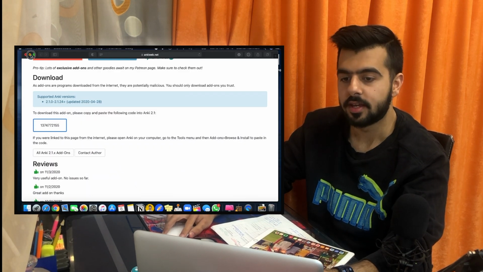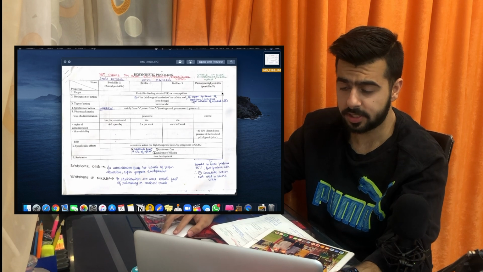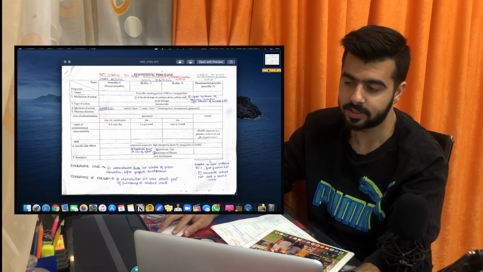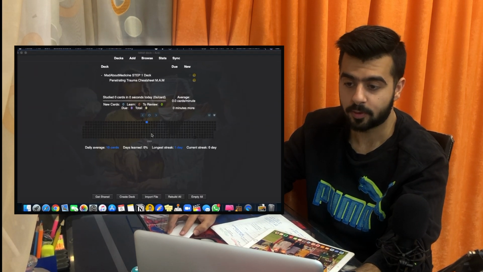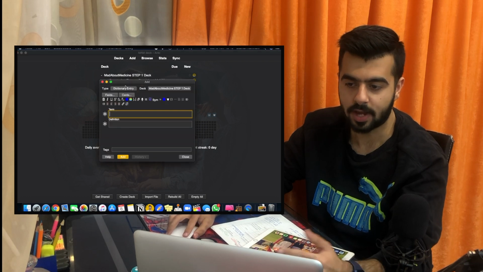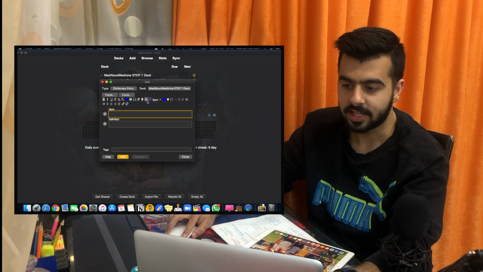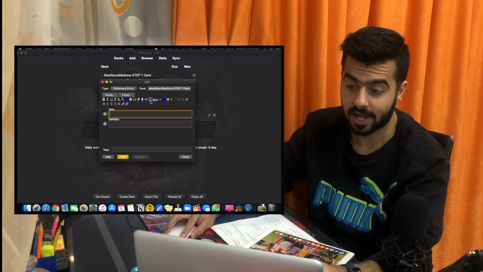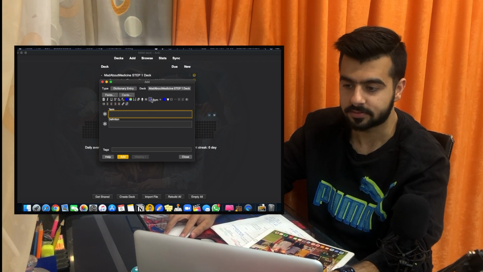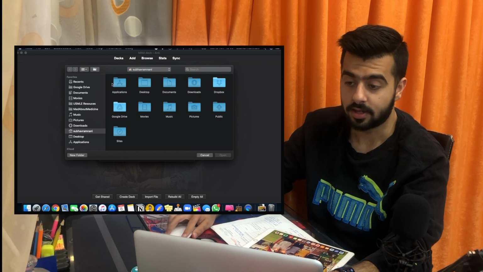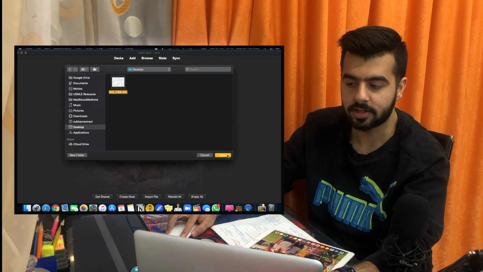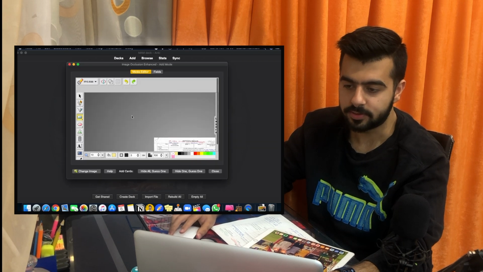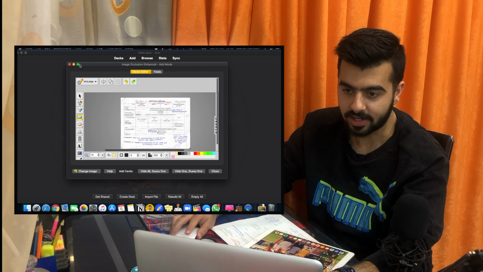Next, here we have the image which we scanned. Now, how do we put this image in Anki in order to make the cards? All we have to do is open Anki and click on the add button to add a card. Now here you'll see there'll be an icon of image occlusion because of this add-on. Just click on this icon and it will take you to your desktop or file management list. Just find your file, and here is my file and I'm going to click on it. As I click open, you see it opens an editor and the file is here.